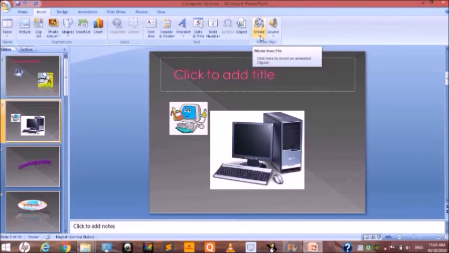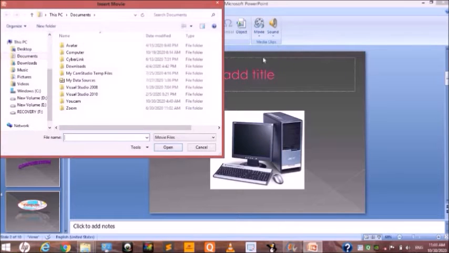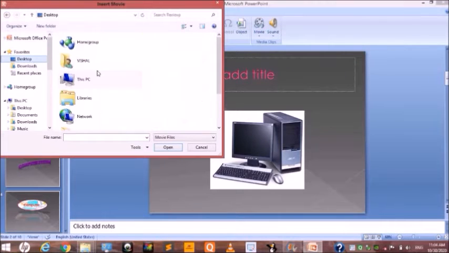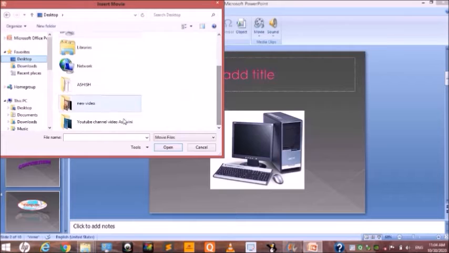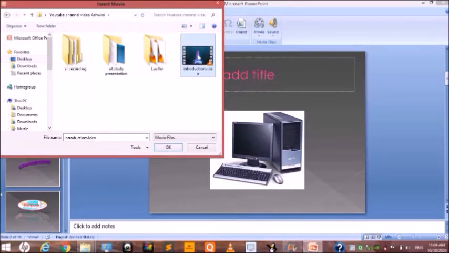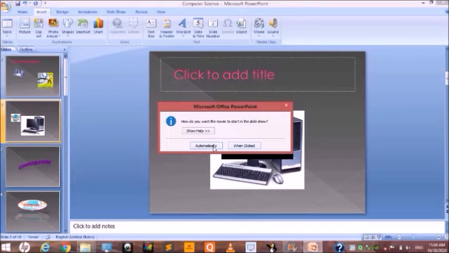For example, if you want to add a movie clip, click on the Insert tab. Look here, the Media Clips group. In that group, one option is Movie. When we click on the Movie option, choose Movie from File. Select it and OK. Here a dialog box will appear, Microsoft Office PowerPoint.